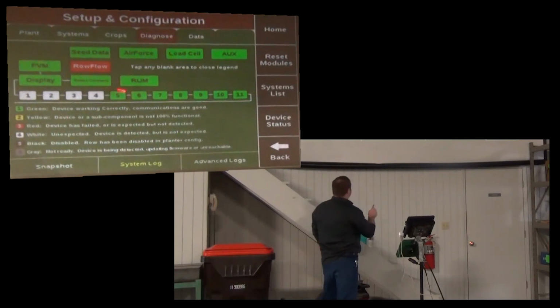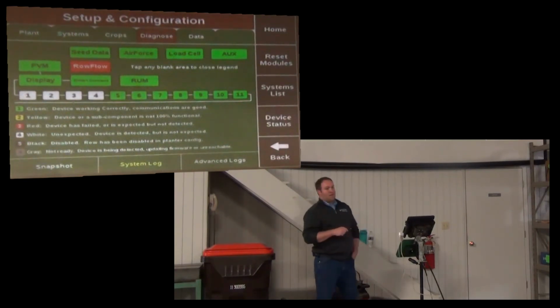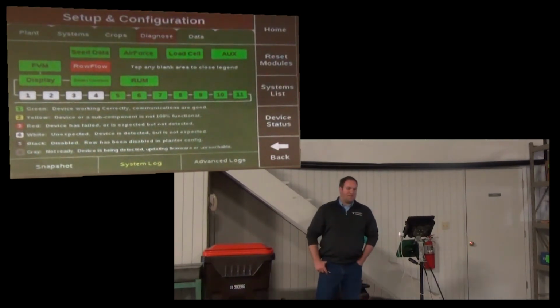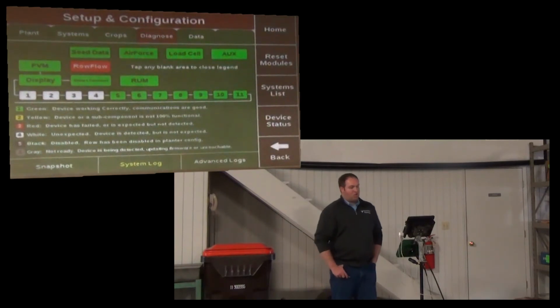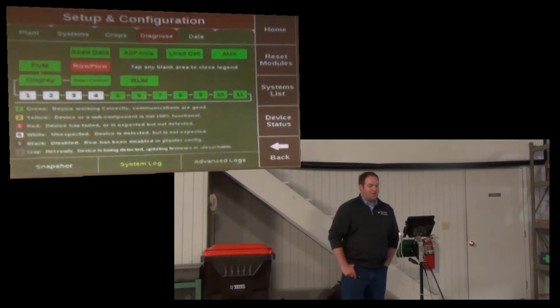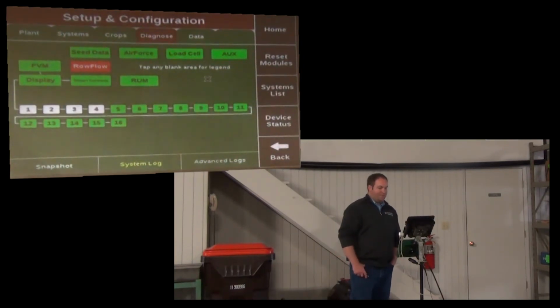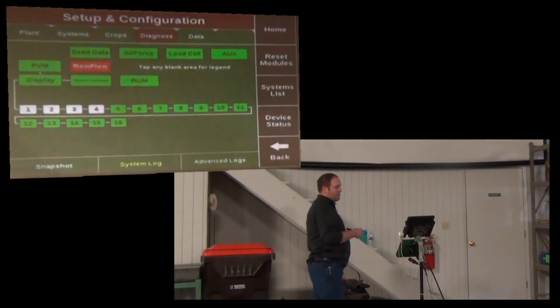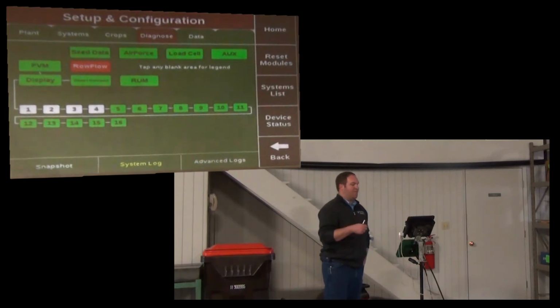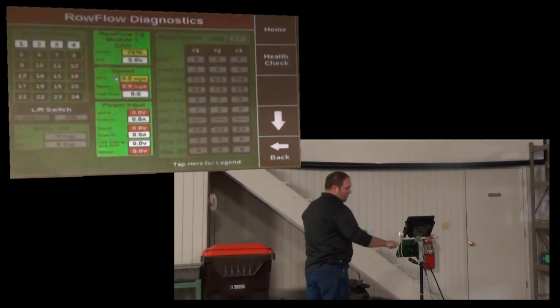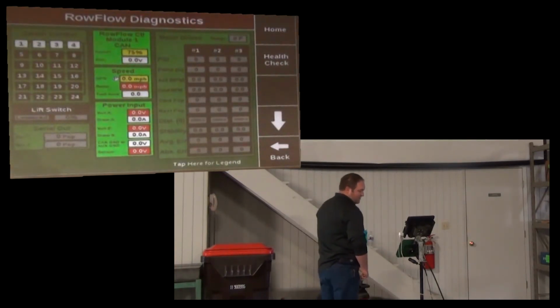basically green, this line green, means a device is detected and it's functioning correctly. Yellow, a device or something with it is not functioning correctly. Red means it's not working or we don't see it. Okay, so if I tap to close that, these 4 rows are white because something's detected but not set up. Once everything's set up, okay, RowFlow is red. So if I touch on RowFlow here, I can see